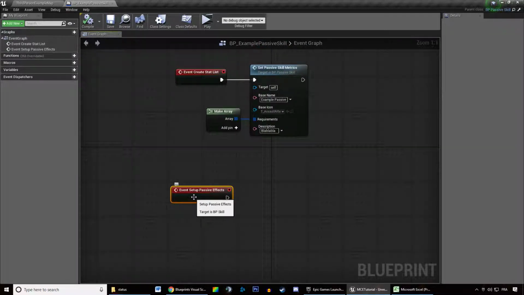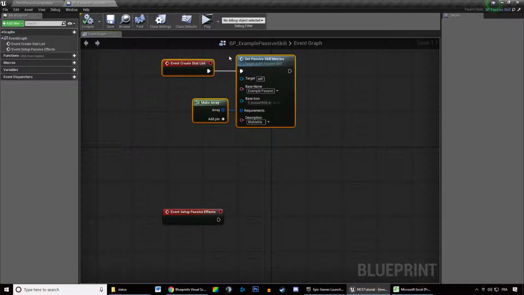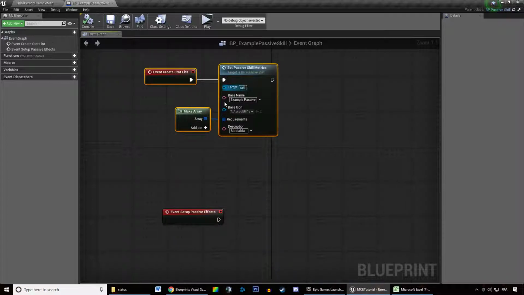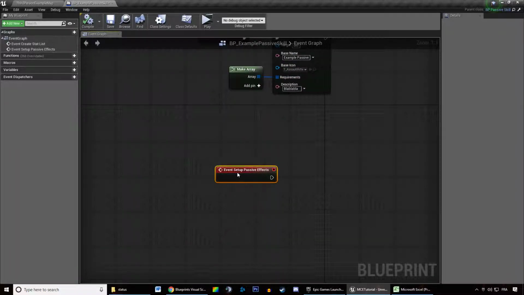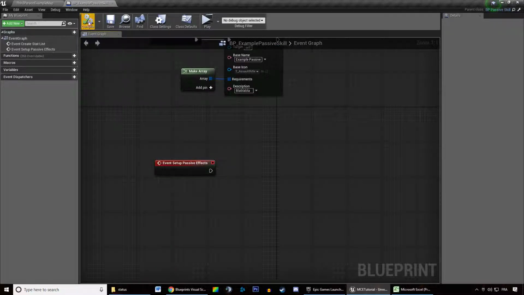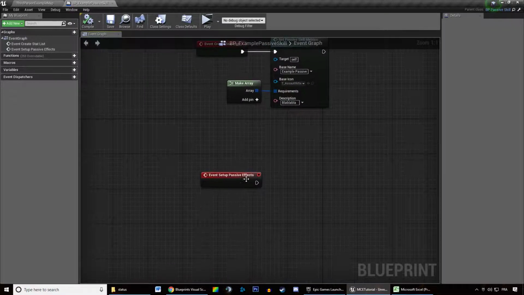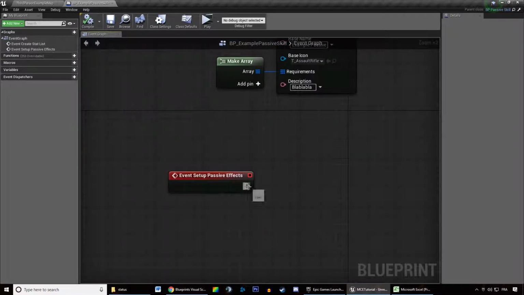You have to set them up the same way we are going to set up that event. You do not care about this for the other types of skills, but you care about it if you want to add passive effects to the other skills. But in this video, we are focusing on doing this in a passive skill. So you can